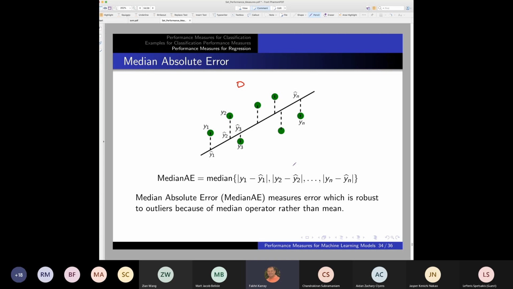Median absolute error has not been used in a lot of cases, but it's useful when you have large outliers, basically several values that are not within the close region of the model that you have created. Remember that the model here is linear. The model could be nonlinear as well. You could have something like this, and still you are going to compute the distance between the model itself and the particular value. So continuing, this has not been used much in the literature, but still, if you are asked to compute it, you should know how to